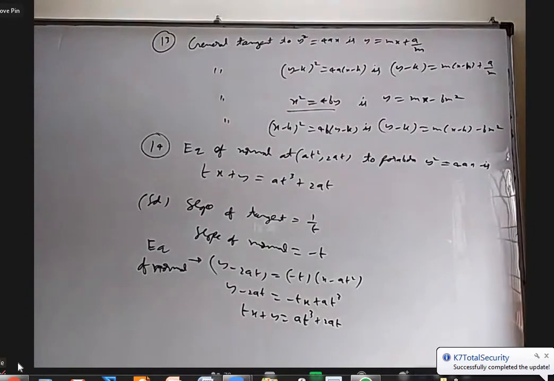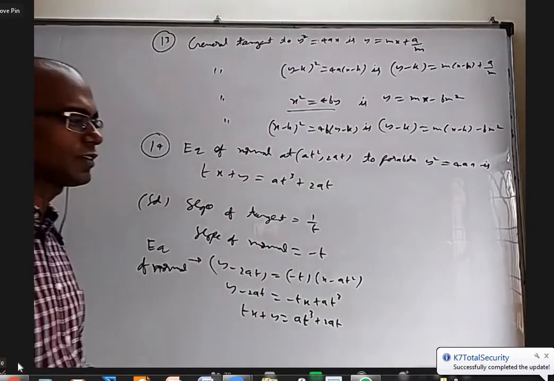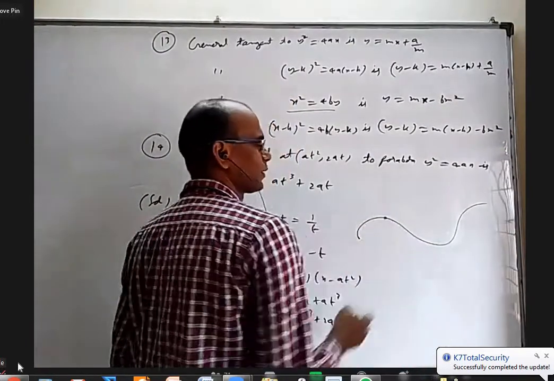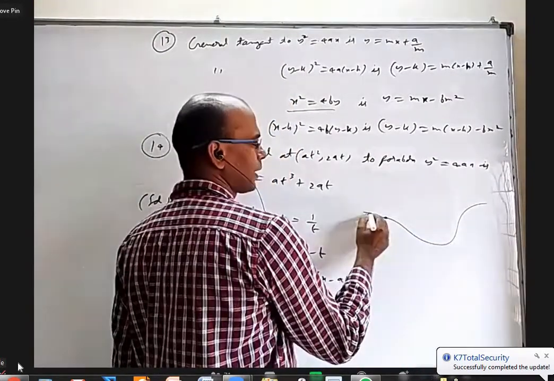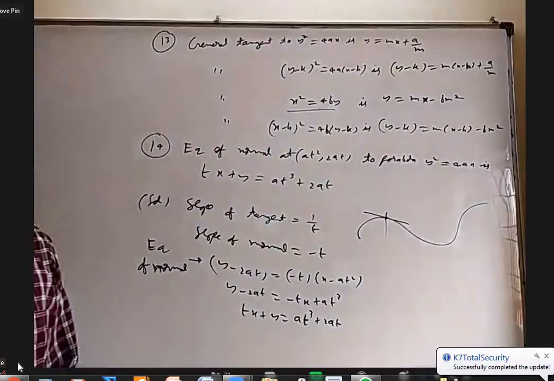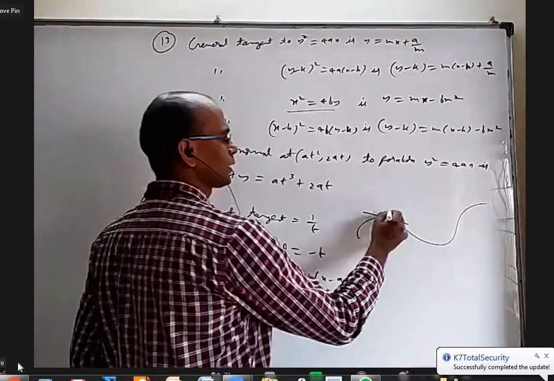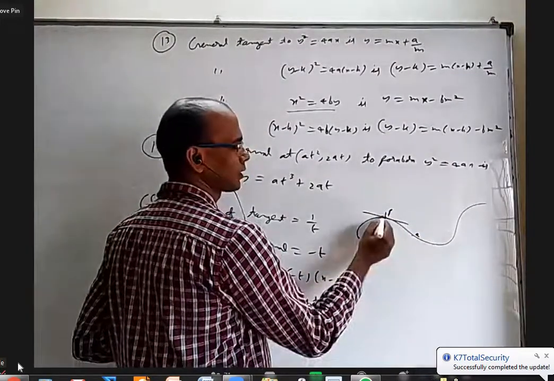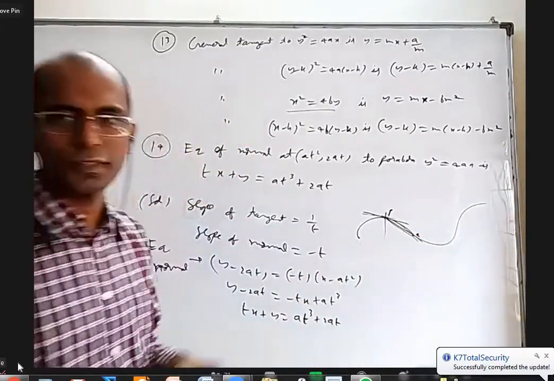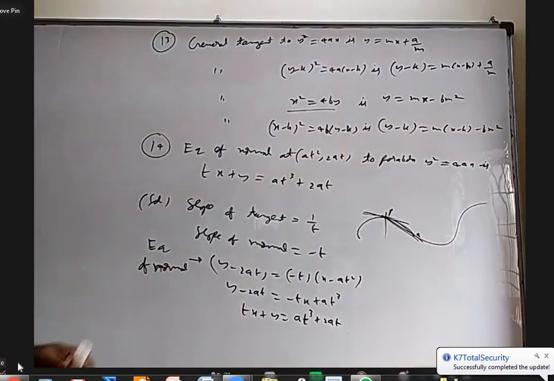Then what is the definition of normal in the parabola? For any curve, in first year you have done calculus, tangents and normals. You take any curve, what is a normal? It is a line perpendicular to the tangent and passing through that point. What is a tangent? You take P here, Q here. There will be a chord. As Q approaches P, PQ will approach a line. That line is called the tangent. Perpendicular to the tangent is called the normal. So normal doesn't have a definition on its own.